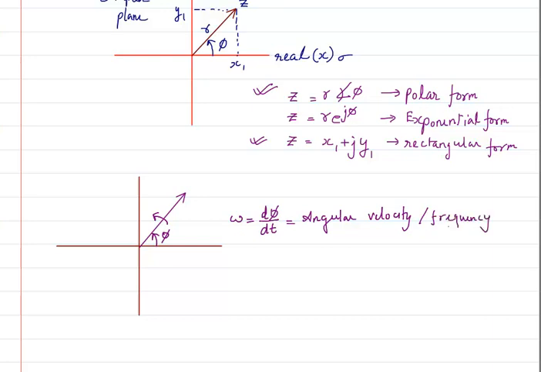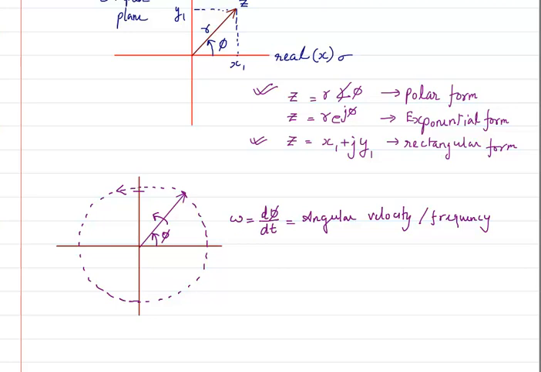It is the speed with which this is rotating. Just imagine that there is a fan which has only a single blade, and that is rotating in this direction. Now if you look at this particular point, the phasor will rotate and reach here, then go here, then come here, and finally come here again. So it is rotating in the anti-clockwise direction.